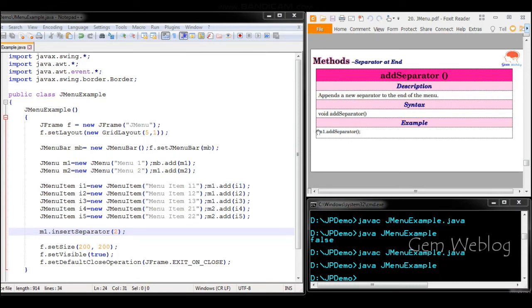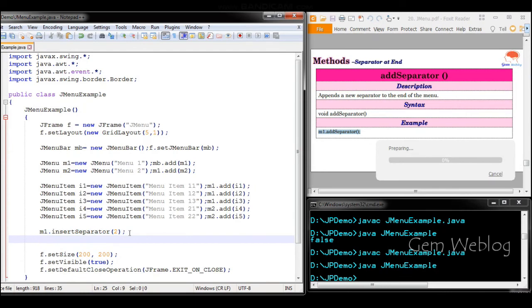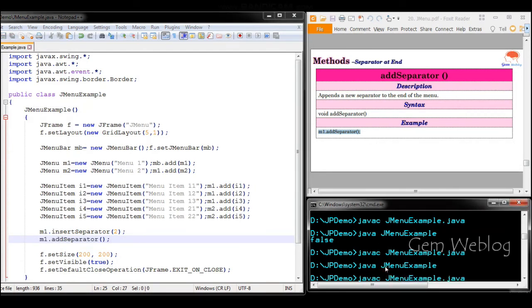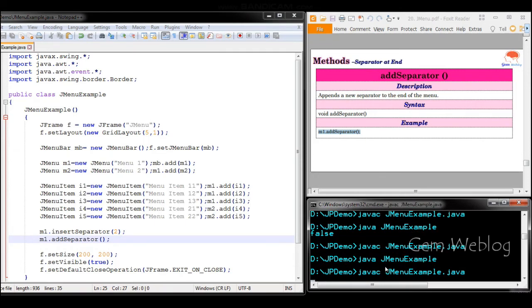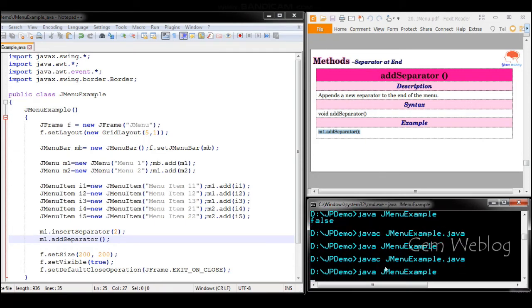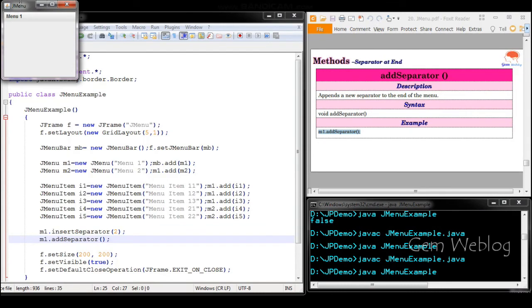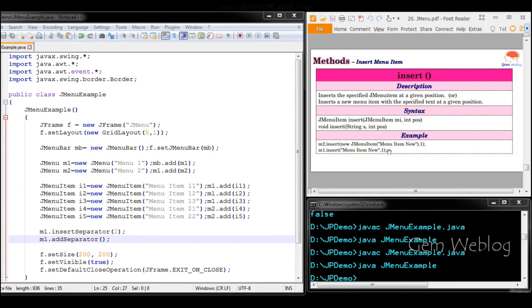Next method is add separator. What is the difference between insert separator and add separator? Insert separator will insert the separator at a particular position. Add separator will add the separator at the end of the particular menu. So you could see the separator at the end of the menu. It will append the separator at the end of the menu.